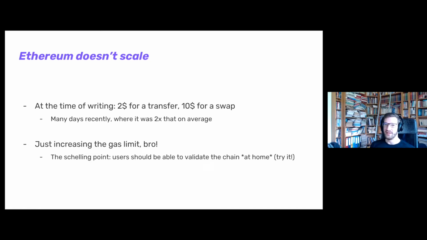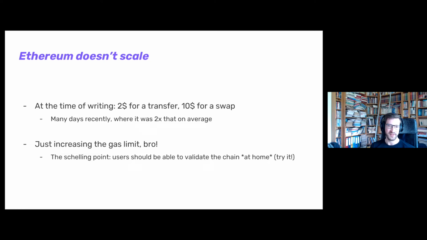The problem is that the Ethereum Foundation, and I shouldn't say the Ethereum Foundation, but really the technical leadership of Ethereum, agrees on one point, that they want the user to be able to validate the blockchain at home. So that's something you can do. If you want to try it, you can run a node. You only need